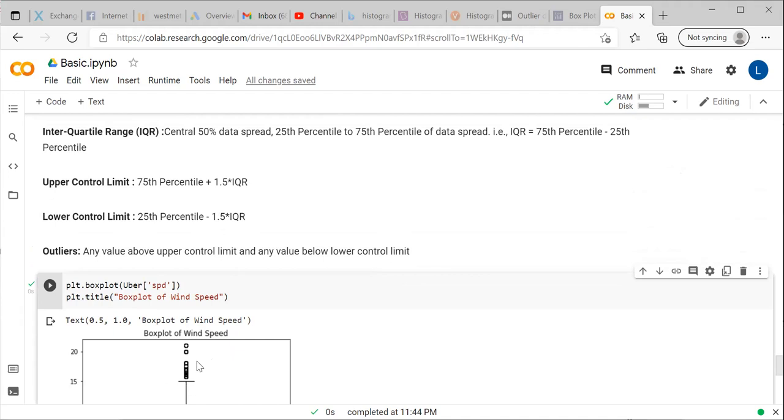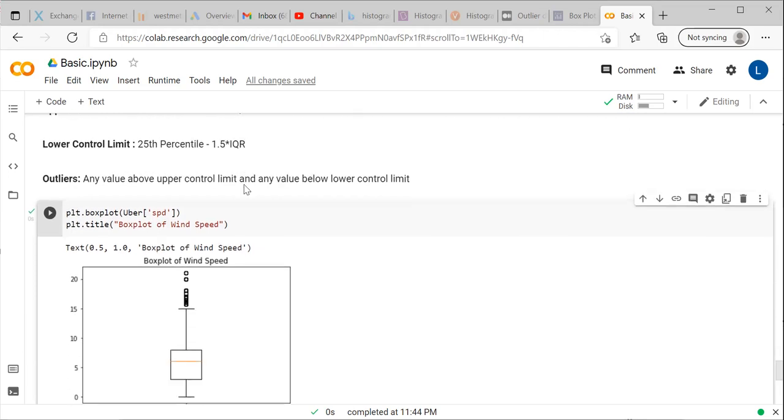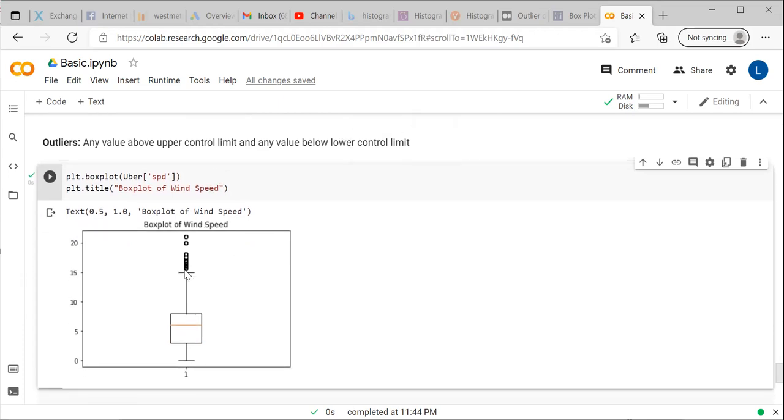It can be either the maximum value or else 1.5 times the IQR. Similarly, the lower control limit can be the minimum value or the 25th percentile minus 1.5 times the IQR. Whatever value is above the upper control limit or below the lower control limit is called an outlier. In data analysis, we have to act on outliers because they tend to